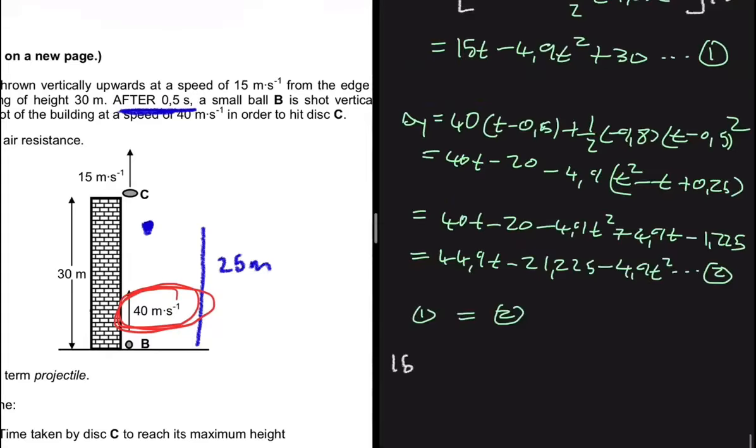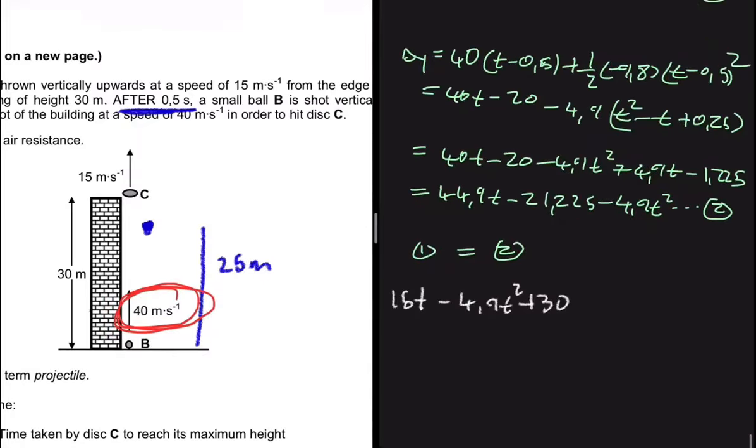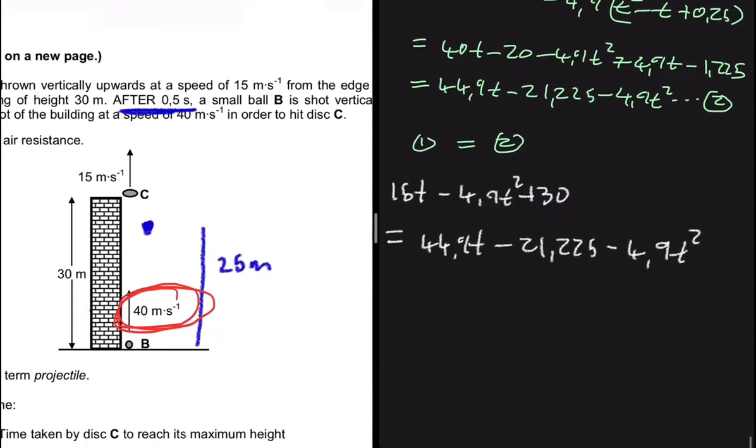So now we can say that equation 1 is equal to equation 2. We have 15t minus 4.9t squared plus 30, right? Equation 2 is equal to 44.9t minus 21.225 minus 4.9t squared. So we're going to take minus 4.9t squared to the left-hand side, and then it is going to be plus, right? So this here is going to disappear. So in the meanwhile, we're going to have 15t plus 30, right, being equal to